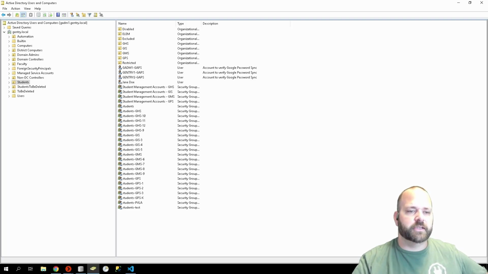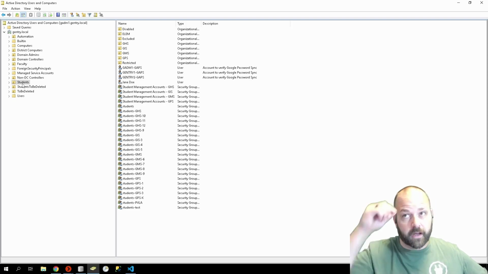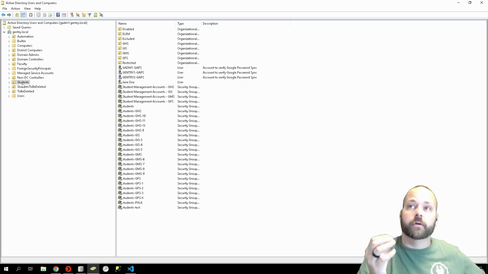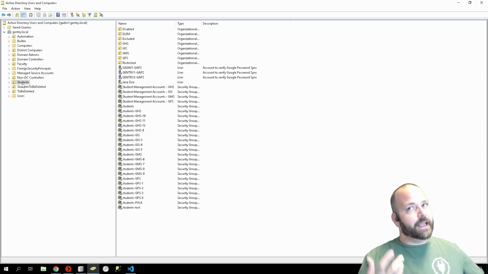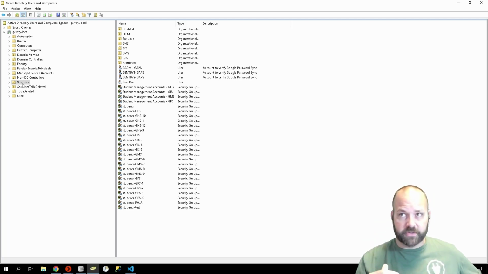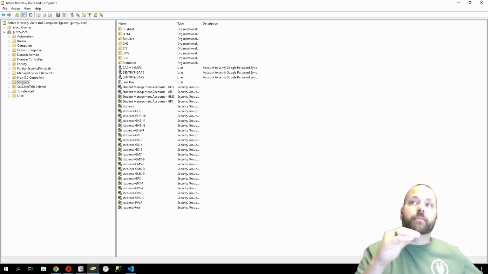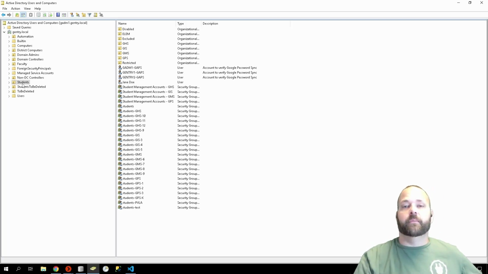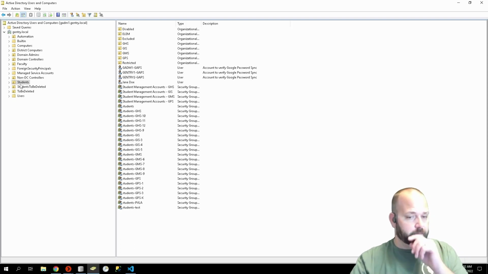So the automation is designed to put everything in your Active Directory underneath the OU of students, because the automation is specifically designed for students. It doesn't mean it can't do some stuff with the faculty, because of course that information is in eSchool, some of it anyways, your certified people primarily, but it's focused on students and rostering and grouping them and moving them around and maintaining the life cycle of their account inside of your district. So anyways, under students,